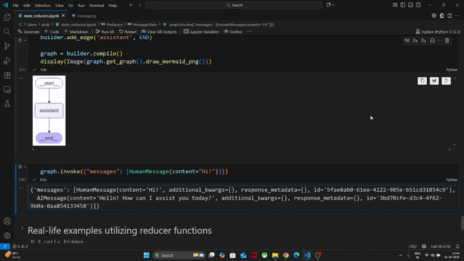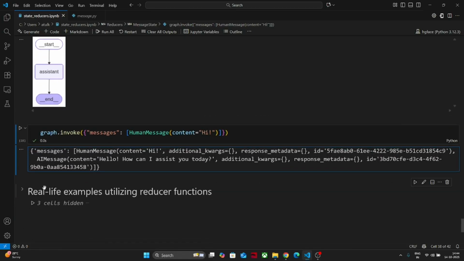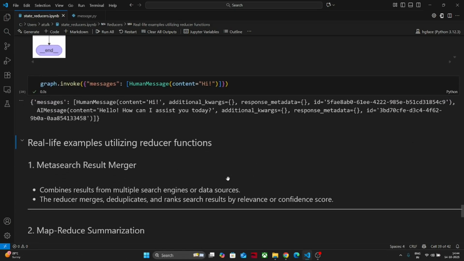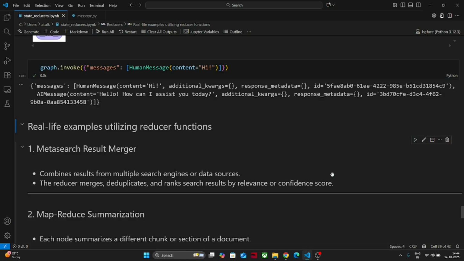So now we have seen how these reducer functions can be utilized in LangGraph. Let's see some real life examples where reducer functions can be utilized. The first one is a meta search result merger. Let's say we need to combine results from multiple search engines like Google, Mozilla, Safari and others. We can get the results from these search engines with the help of multiple nodes, and then use a reducer function to deduplicate those results, rank them by relevance or confidence score,